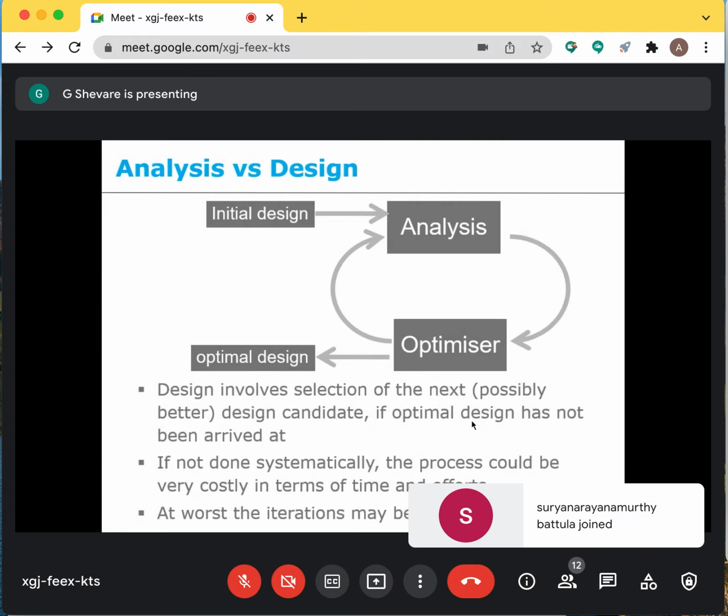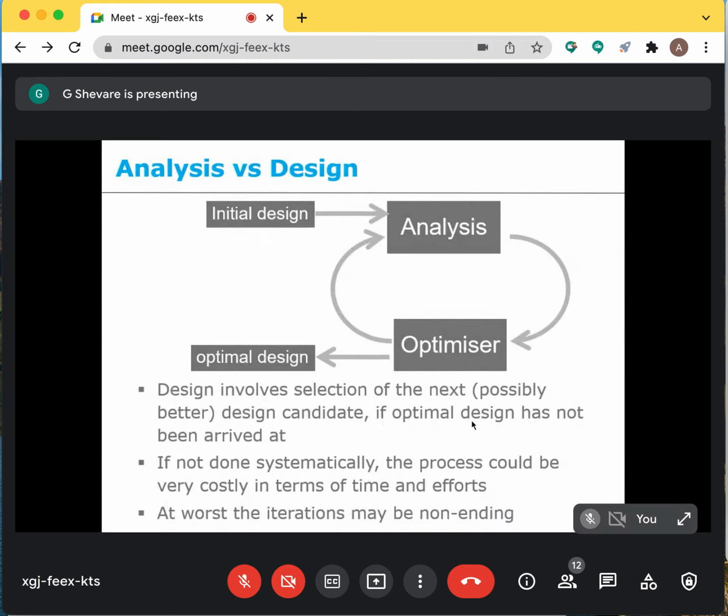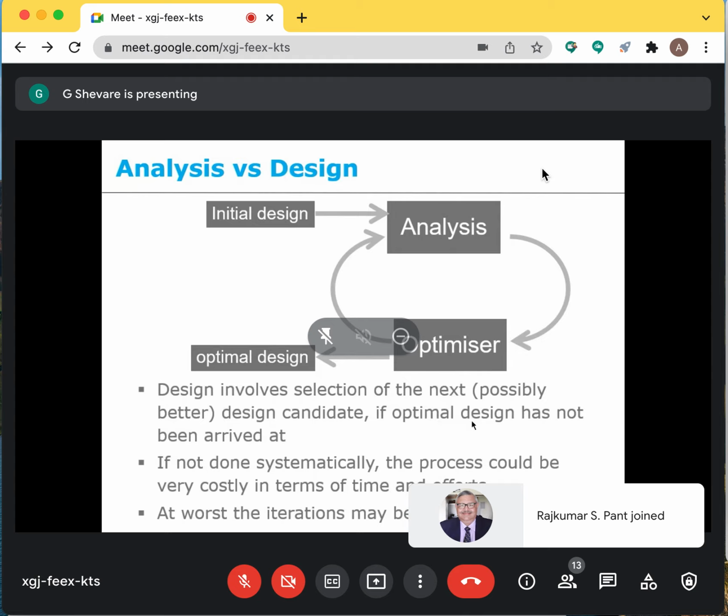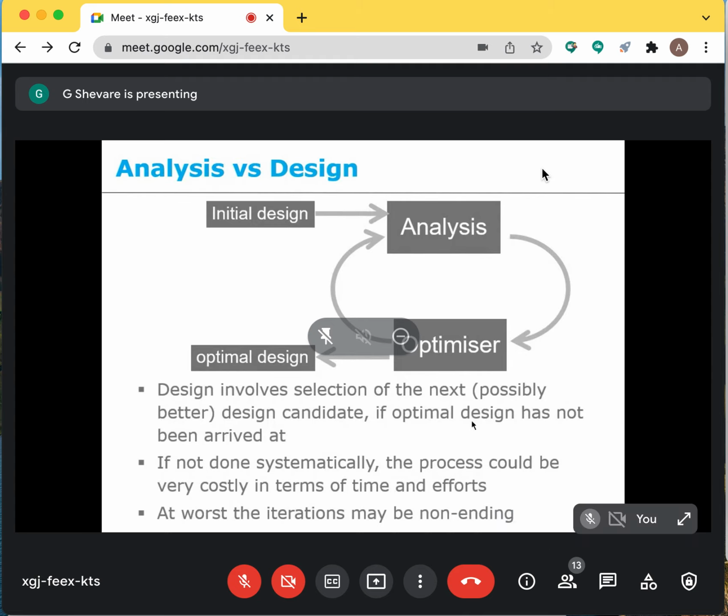Okay, so going back to what I said, analysis versus design. In yesterday's lecture, I said we always convert everything into maths, whether it is operations, whether it's a product, or whatever that you have, even operations or even a war, for example, can be converted into some kind of mathematics. And what happens to that product, how the product performs, or how an operation happens, can be analyzed. But it may so happen that the product or the operations work in a fashion which is not acceptable to us, or which may not be optimal.